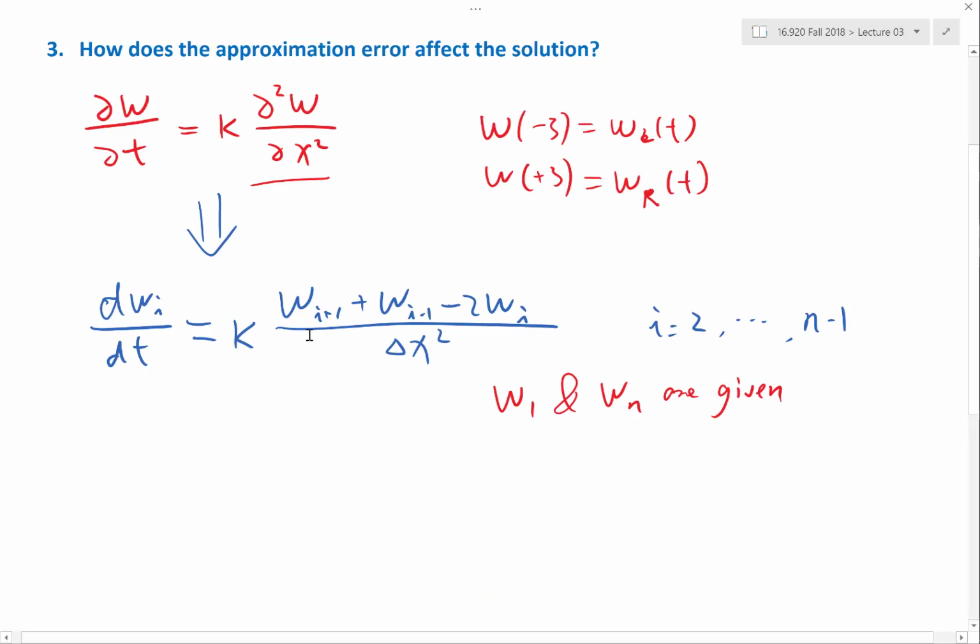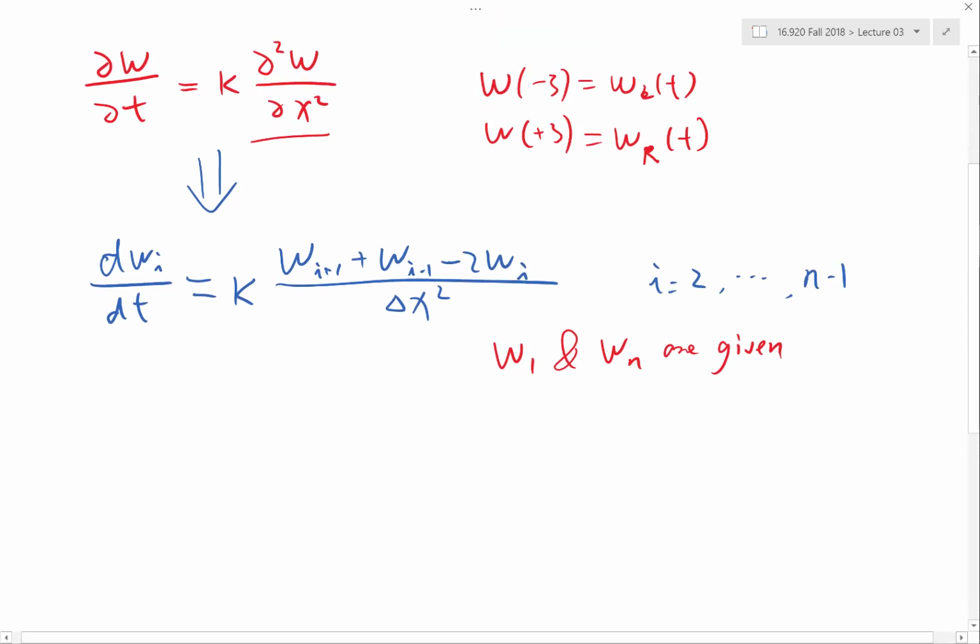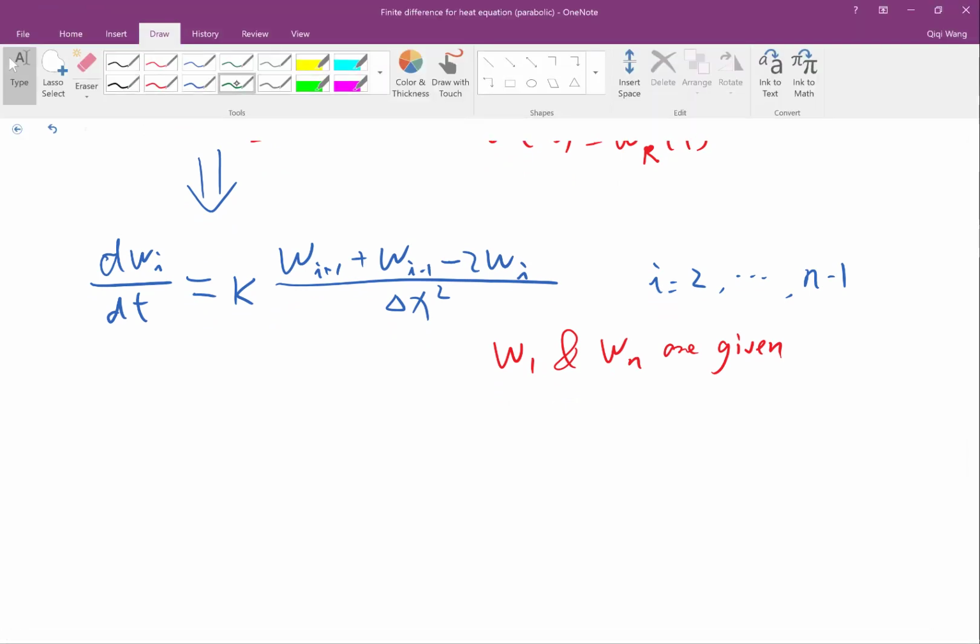And for Fourier series, we have to modify the boundary condition a little bit and say that the solution W at the left hand is equal to the solution at the right hand, and the solution at the right hand is also equal to the solution at the left hand, right? So that's also 2 boundary conditions you can provide to the system. So when that happens, for the periodic boundary condition,